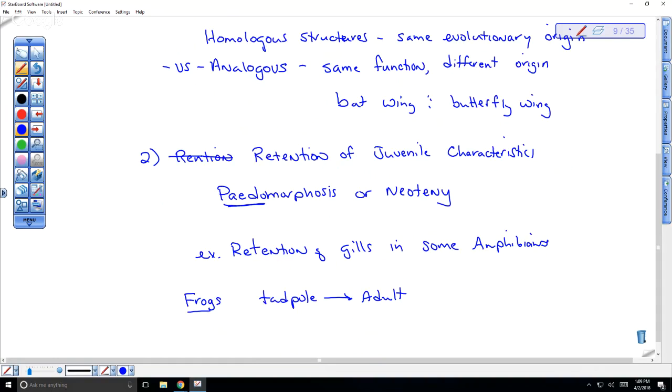But this would be the normal, but when we look at newts, right, the adults remain aquatic with gills and a tail. Okay. So newts evolved, right? They just retained the tadpole characteristics. So they don't leave the water. They stay in the water. So if we look at an example of a newt,